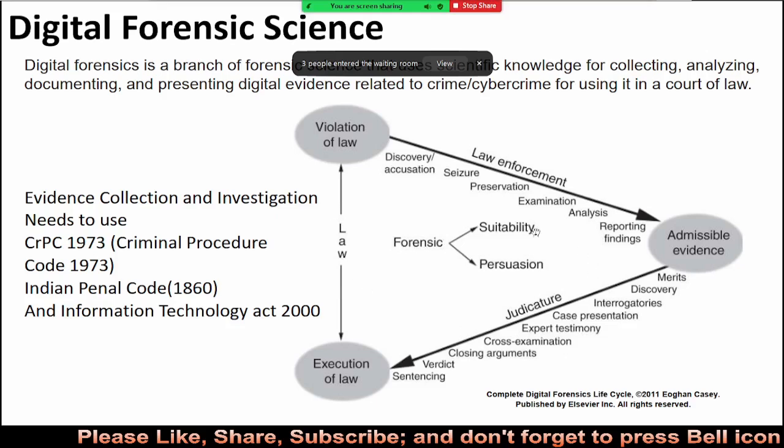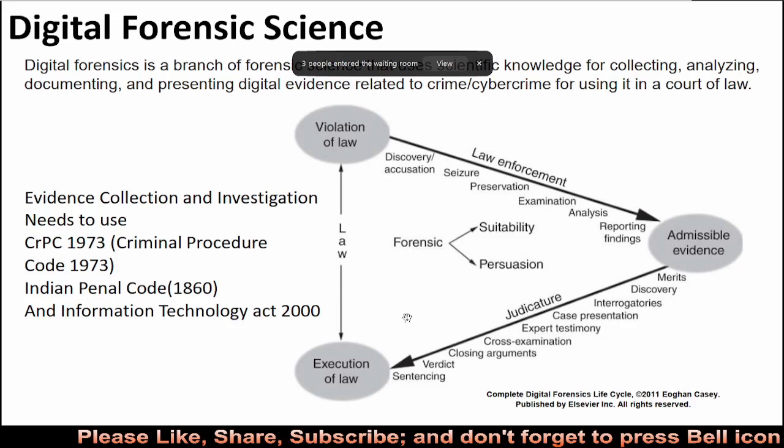I adapted this image from the book by Eoghan Casey, written in 2011 and published by Elsevier Inc., on cyber forensics and computer applications. So there he gives all these things. We are going to see this in detail. But what does this evidence collection and investigation need to use? As we see, forensics needs to follow certain procedures. So it needs to follow the first procedure, and that is what we call the